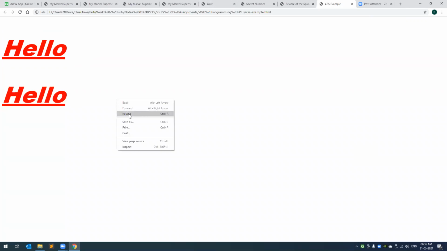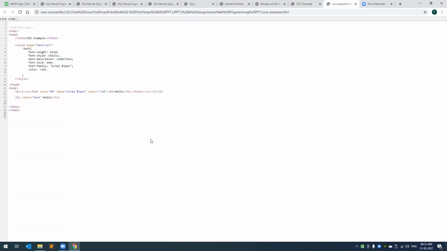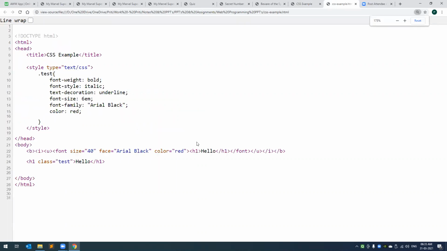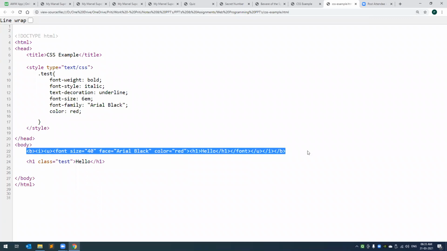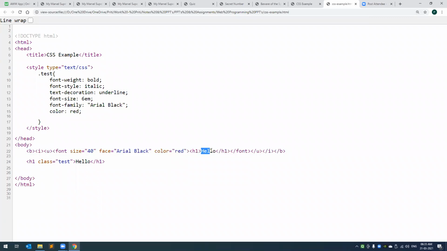Now let me show you the importance of differentiating between HTML and CSS, or dividing a file into 2. So this is my actual file behind that, all right? This is the first command over here, in which I'm printing hello, okay?